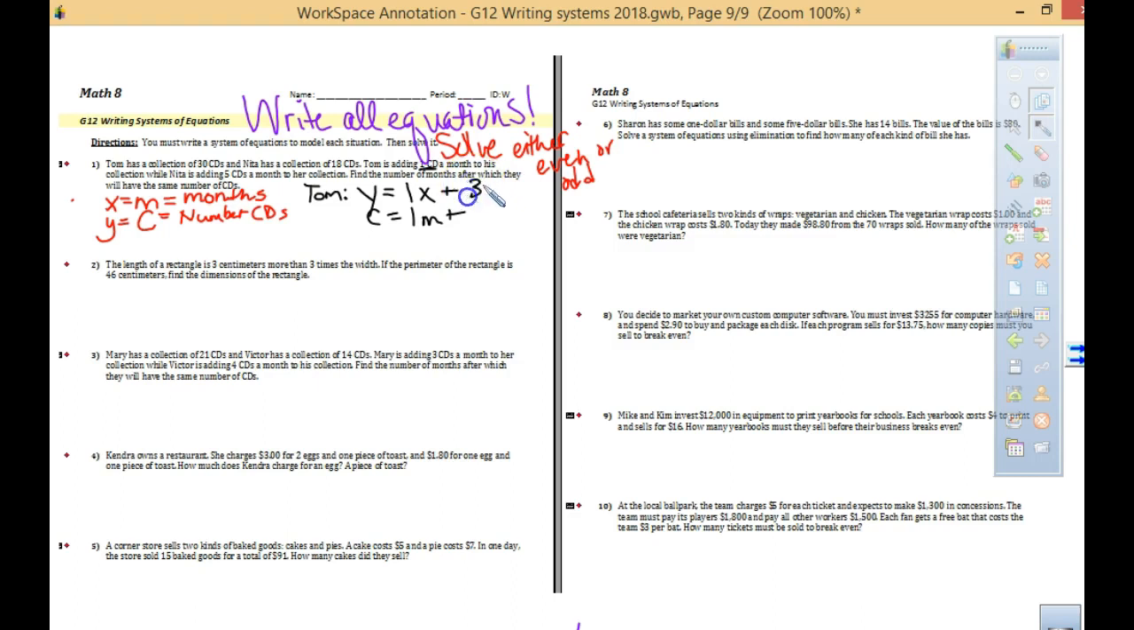So Tom's equation, depending how you want to write that, with y or with c, right? And now we have to have an equation for our second person, which was for Nita. If I'm going to write Nita's, y equals, how many each month is she adding to her collection? So we're going to have y equals 5x. She did not start out with as many. She started with 18. And the question was, when will they be the same? So now this is where you can look at your assignment and decide, oh, I want to